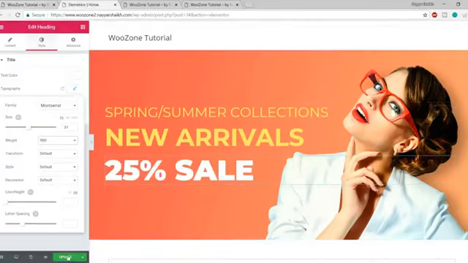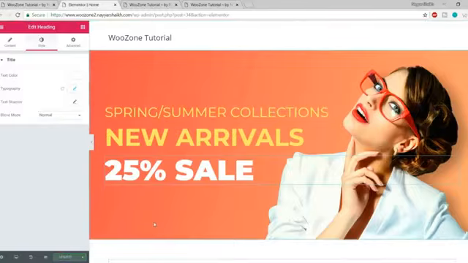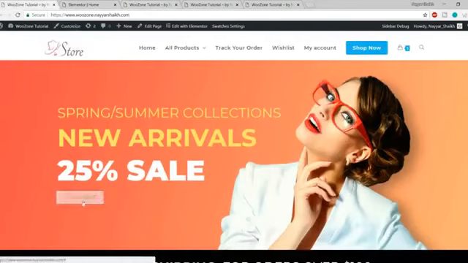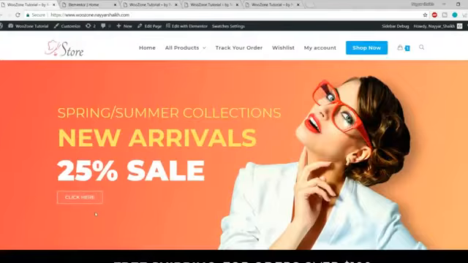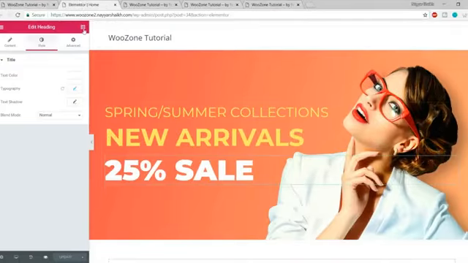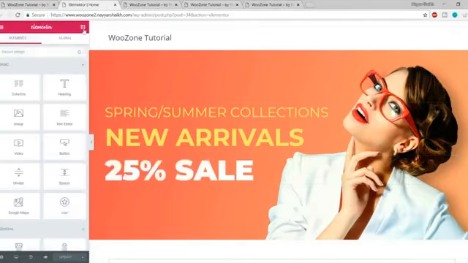So once you're done doing this, you can simply click on update. And if you want to see the changes that you're making, you can click on this preview changes button, and you will see a new tab and you can see the changes over here. Looking beautiful. Now let's add this button over here, this click here button. Beautiful and simple button, very easy to do. So let's add that. Come again over here on this page, click on this icon,